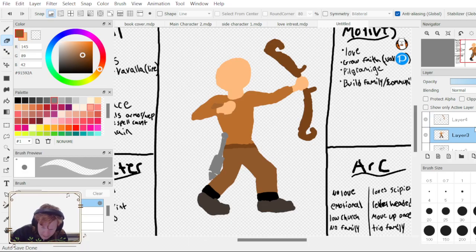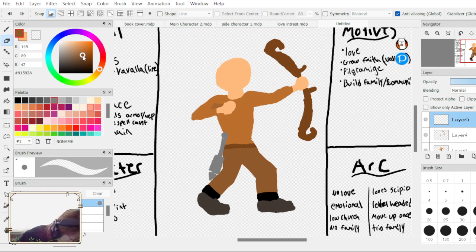Bring the weapons back. How does that look? That's not bad. Alright, so if we're adding leather armor, add that on another layer. I want it to be kind of like a dark brown to start with.